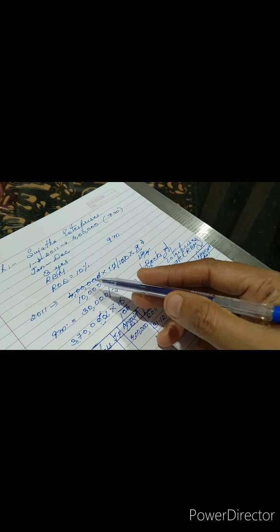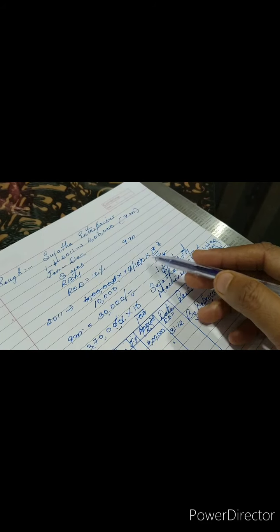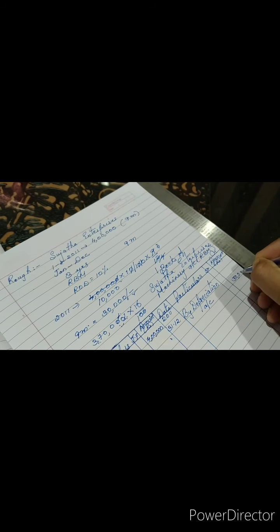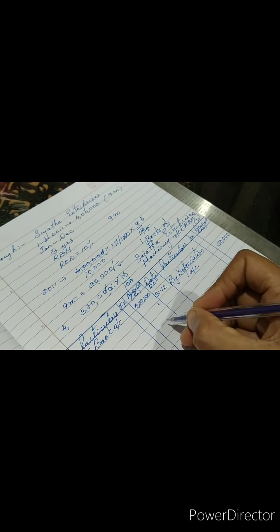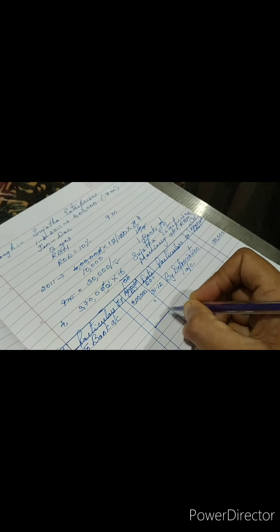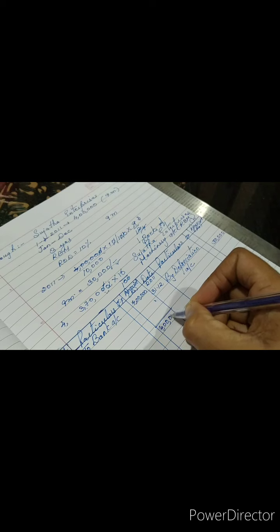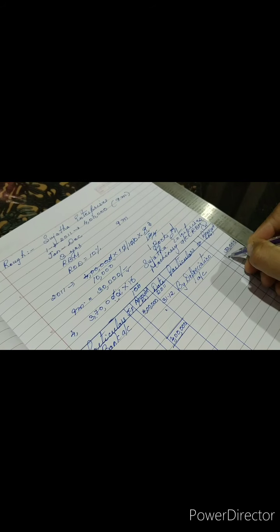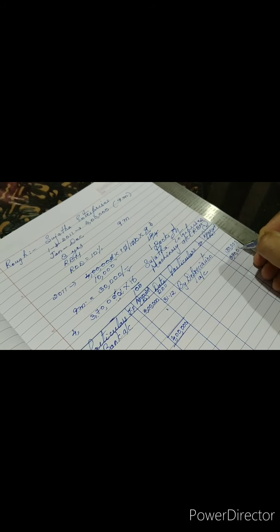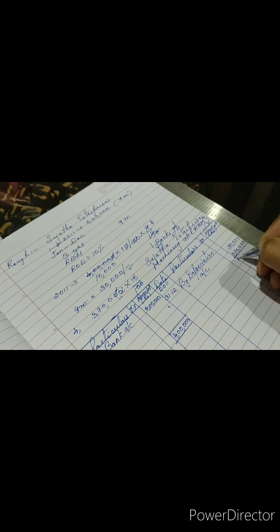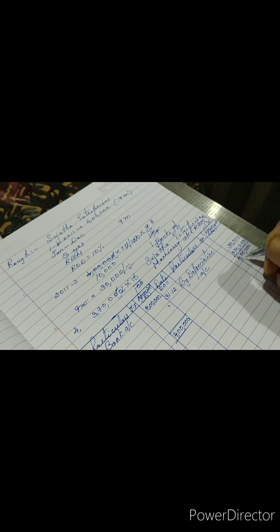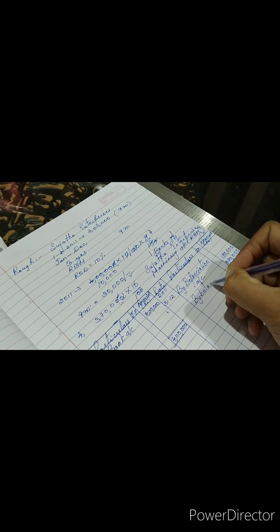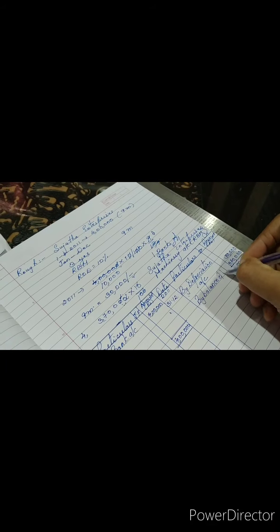How much did we get? Actually 40,000, but because it is used only for 9 months, after calculation we got 30,000. So we'll show that amount here, 30,000. Now total both the sides, 4 lakhs. So book value by end of the year is 4 lakhs minus 30,000, that is 3,70,000. That will go under the heading of by balance C by D, which is to be carried forward to the next year as brought down.